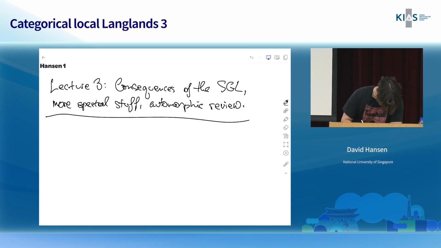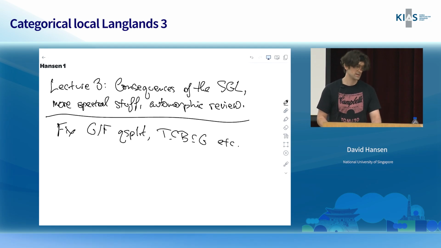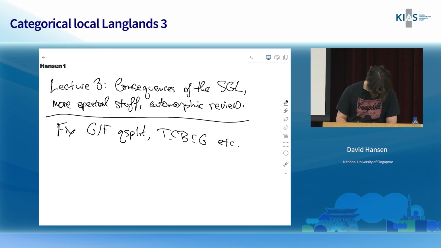Okay, so let me recall some notation. Let me fix G over F quasi-split, T in B in G, all the usual stuff, so I can talk about standard parabolics and standard Levis. P_mu is a standard Levi, standard parabolic. So recall from yesterday